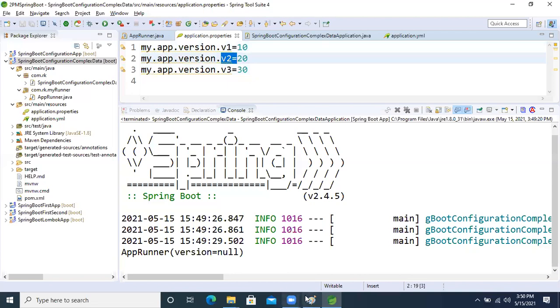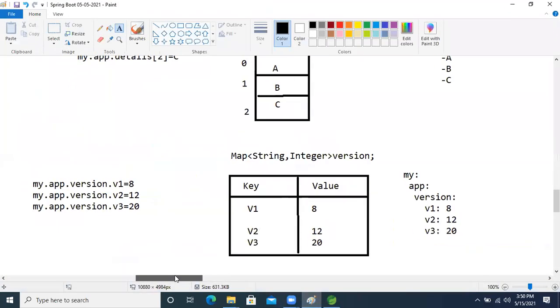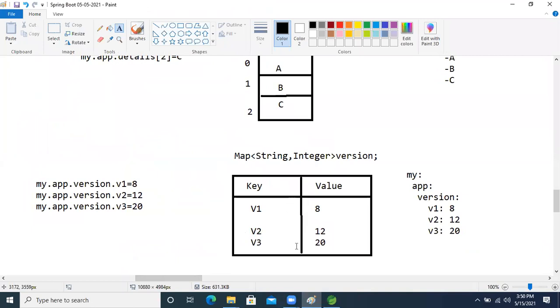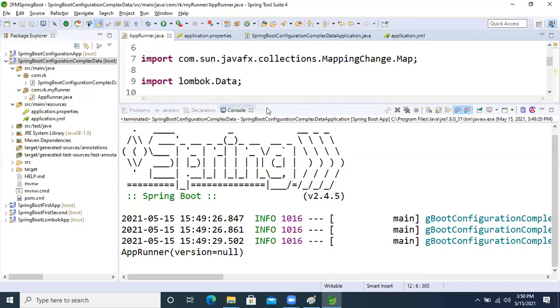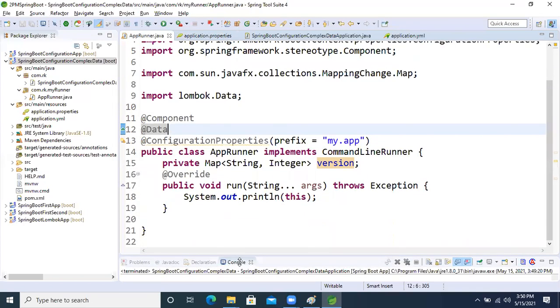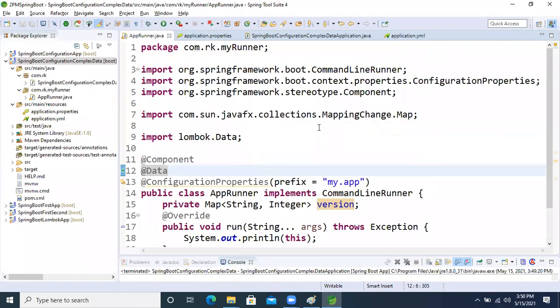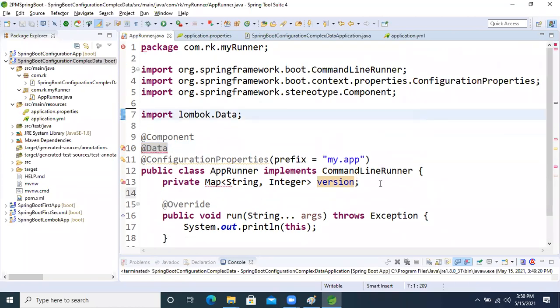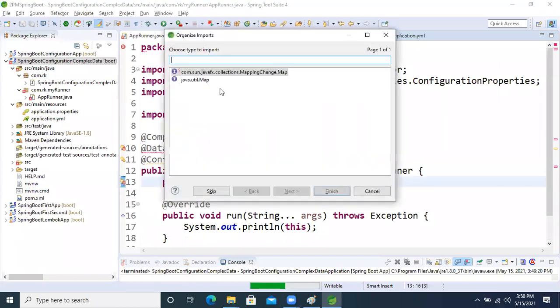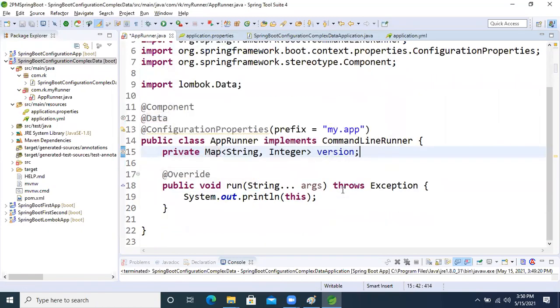V1, V2, the same things I explained here, right? So the version V1, V2, V3 is the same only, right? The version is correct, but why is it not able to read it? Configuration property. Oh, see guys, we imported the wrong things, because of that we are not able to read it. So now Control Shift O. We need to import the collection. Oh, we are wasting unnecessary time here.